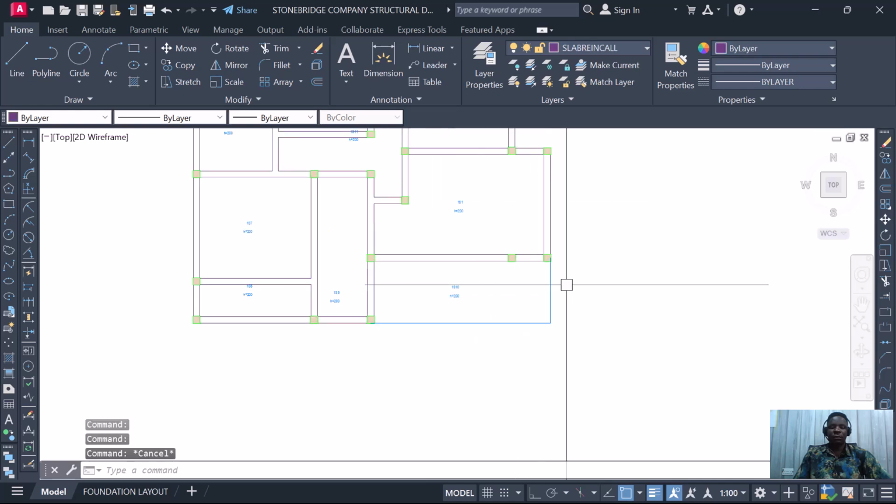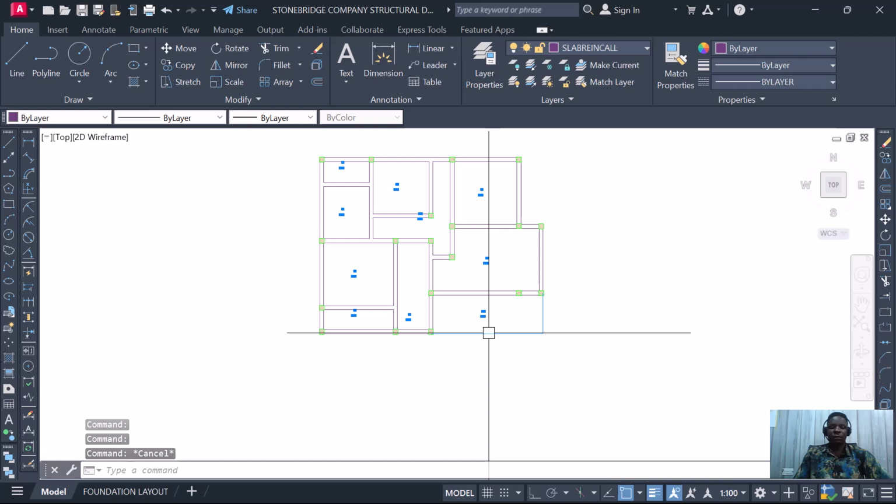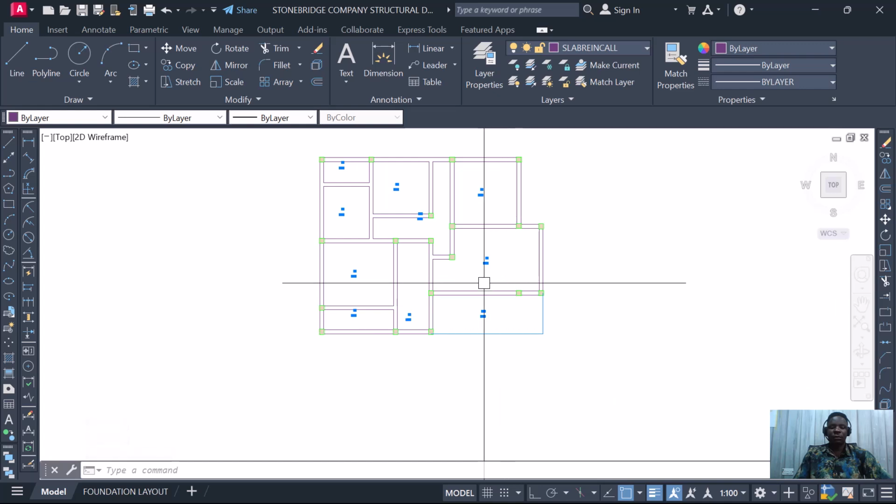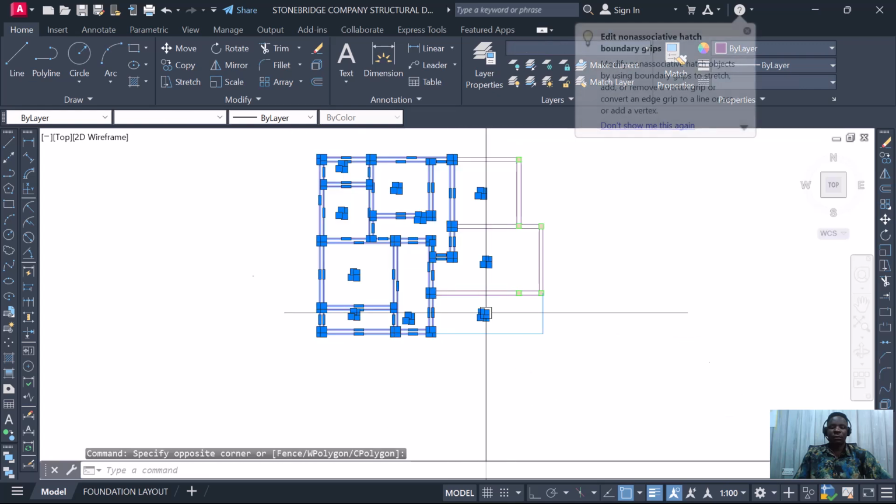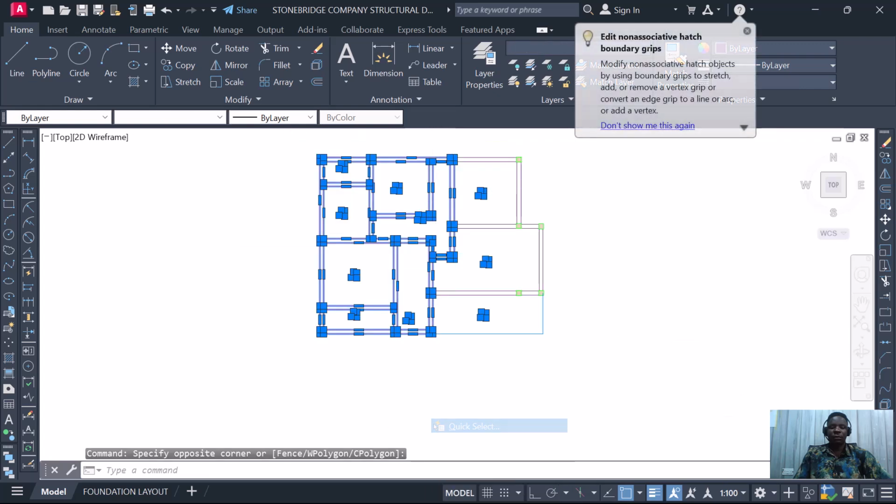Where do we have the slab edge line? Yes, this is it. So click on it, say okay. So I erase it, but mind you, because this is also a slab edge line, I don't want to delete this. That's why I didn't highlight this. I only highlight this whole area, and I turn this down, because this is a slab cantilever